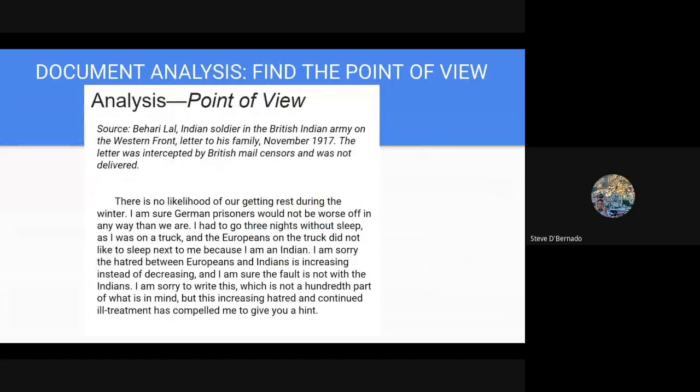All right, let's do some document analysis that matches up with these historical developments. We're going to focus on point of view here. So you're going to take 3 minutes. You want to read the section, and after you finish, you want to type what you believe is the point of view, and then you move on to the next section with the exemplar and the explanation. Do that now.